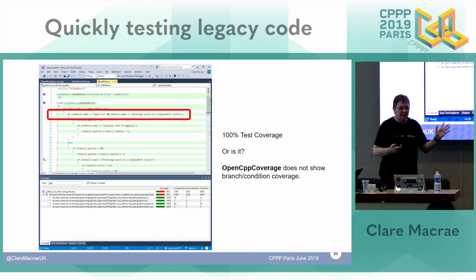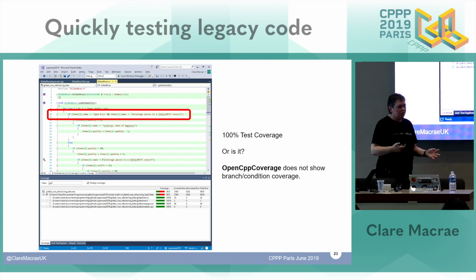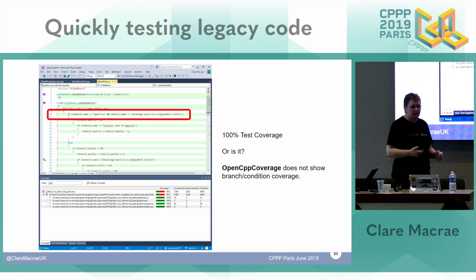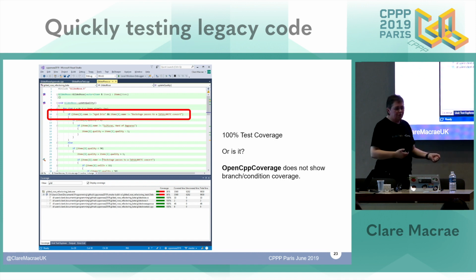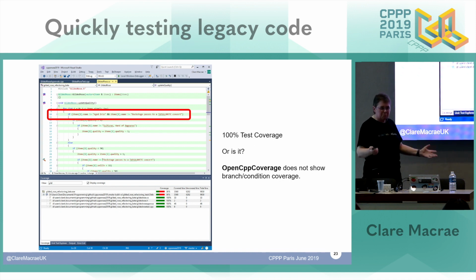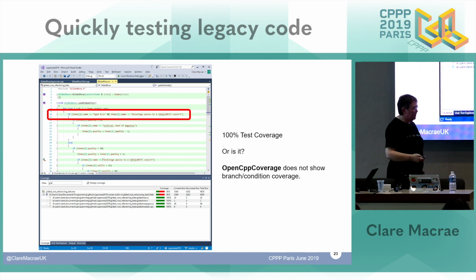And don't worry about the detail. I'm not expecting you to be able to read this slide, but this shows a programming exercise called the Gilded Rose Kata, popularised by Emily Bache, B-A-C-H-E. And this is using a free add-on to Visual Studio called OpenCppCoverage. And the green lines here say that in running a test, every single line was executed, and so at the bottom in the small print it says code coverage 100% for this really horrible nested function. So that's good, right? Perfect tests.